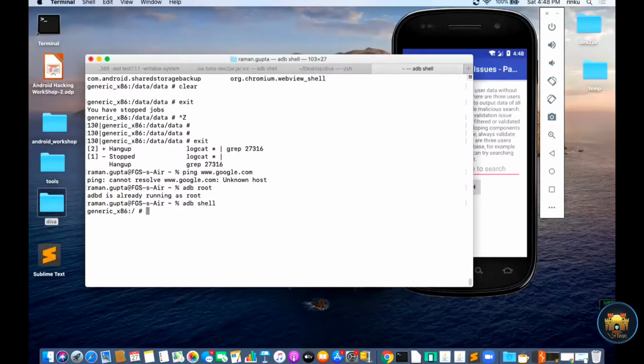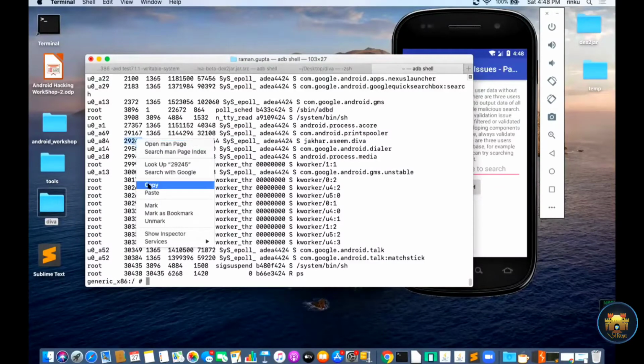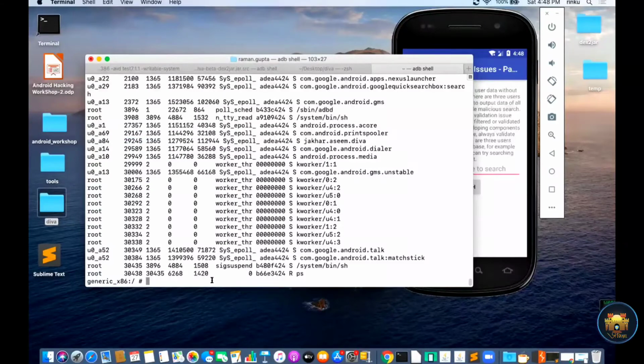I am inside the adb shell. Just before that, I need to know the process ID of that application. Here is the process ID, 29254. I can note this process ID.